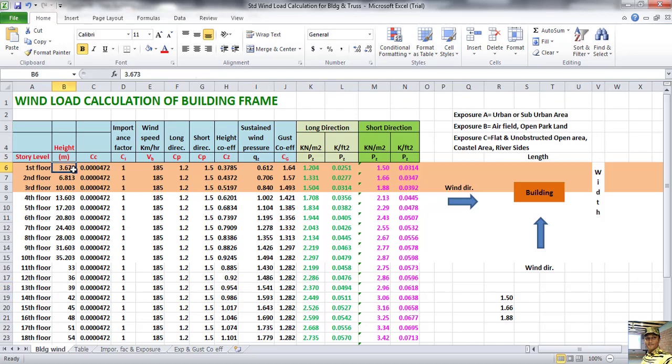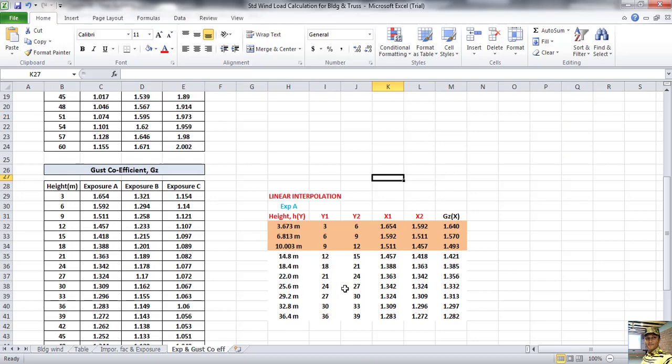Now see, this is our height, these are importance factors, this is wind speed, which will change based on your area, long direction, short direction, height coefficient, sustainable wind pressure. From this we can calculate, and the gust coefficient is 1.64, and this value we will take from here.